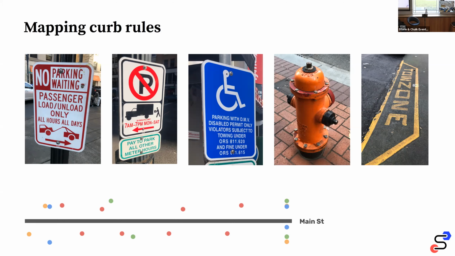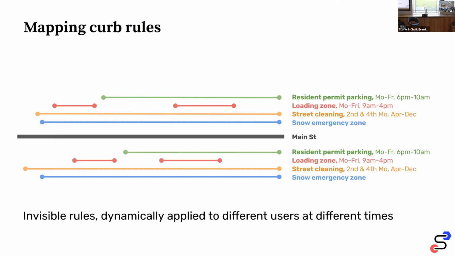So what we noticed is that individual cities were all trying to solve this in their own way and getting stuck. And there were private companies coming up who were able to solve the problem, but they were coming in and saying, you know, pay us, we'll map your city. You'll be able to get access through this platform to what's going on. But behind the scenes, this company owned the data, controlled who had access to it, resold it. And so the city was paying in perpetuity to understand their own laws. Parking rules are public law, and we feel like they should be public record. They should be something that cities can have control over and not just be locked into something.